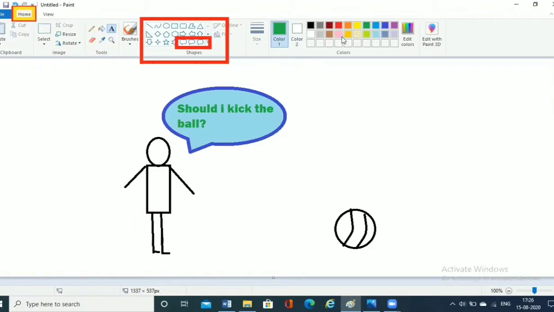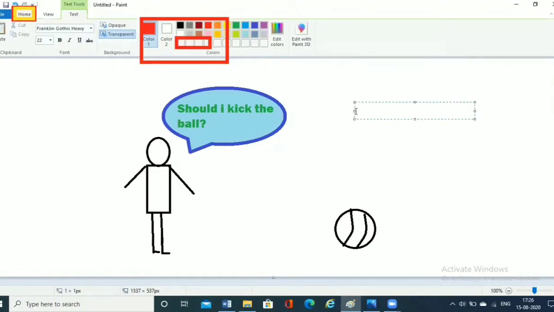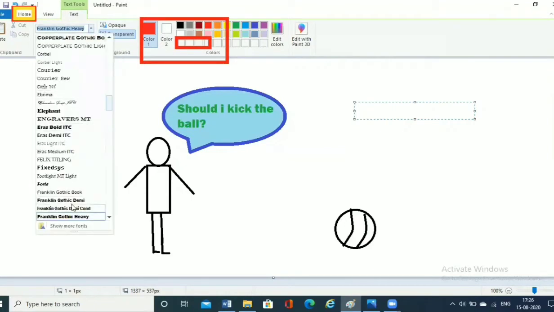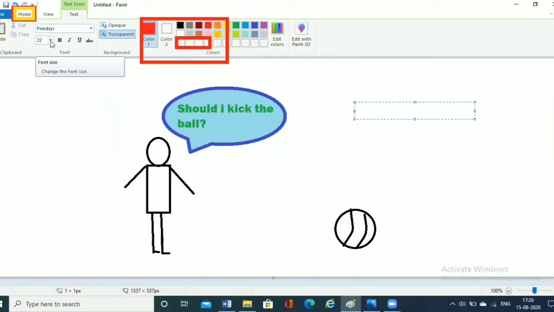If I choose red color, the red color is chosen. Now you can once again choose the font style of your choice, then the size, then bold, underline, italics, whatever.